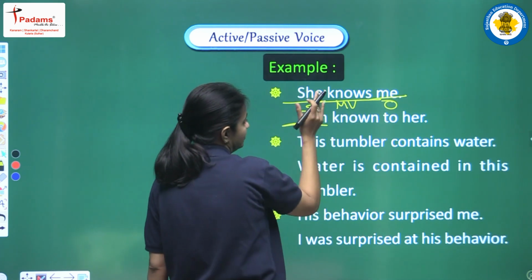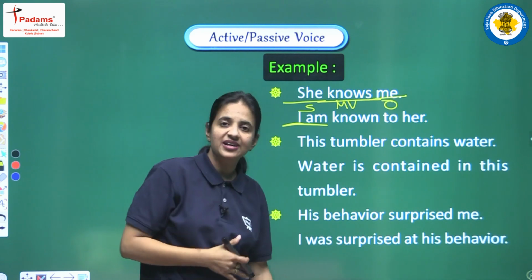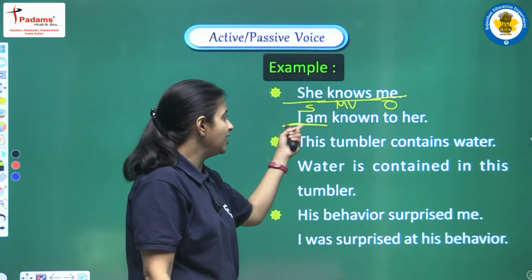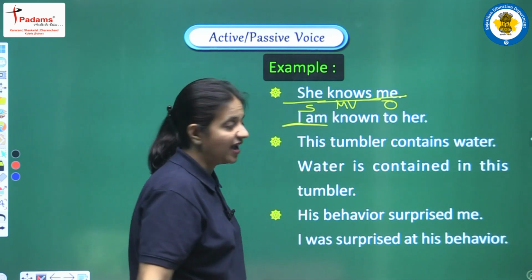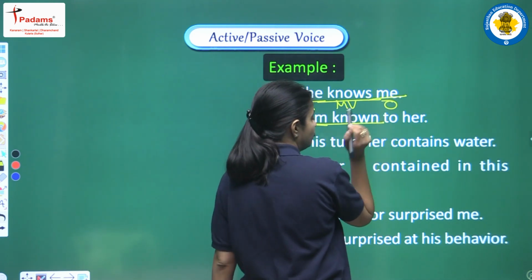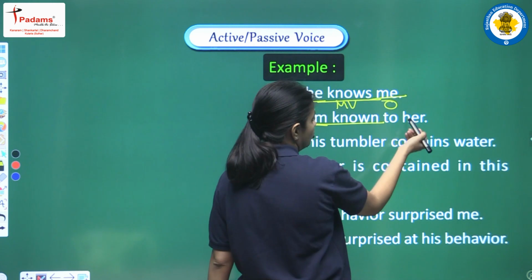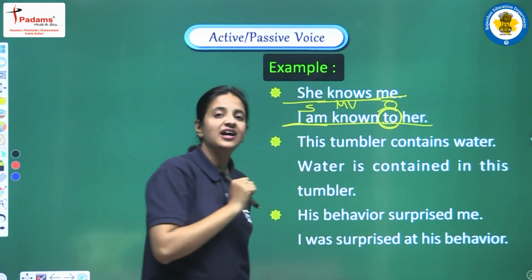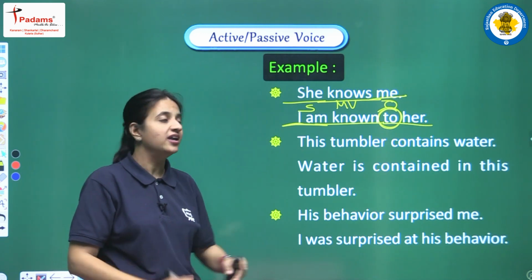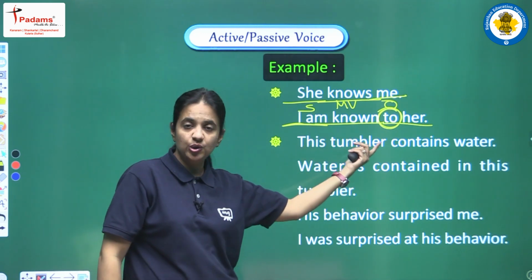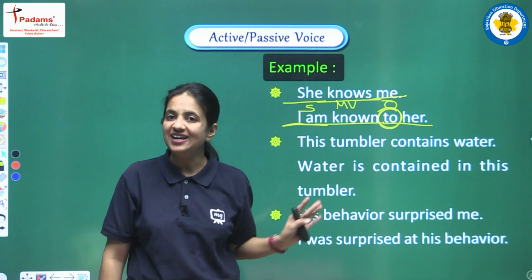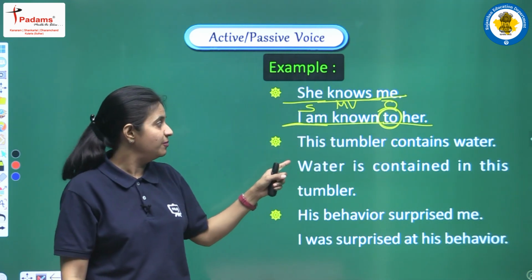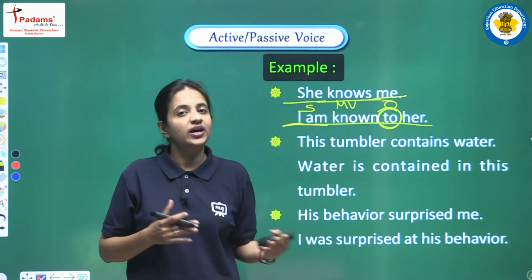Next, we are adding the helping verb. In present simple tense, we have to use is, are or am. When we have I, obviously we will use am, right? After that we write the third form of the main verb. She becomes her, and now in place of by, what have we written here? We have written to. Why? Because when we have known, after that we don't use by. We have to use to here, and the passive voice will be: I am known to her.